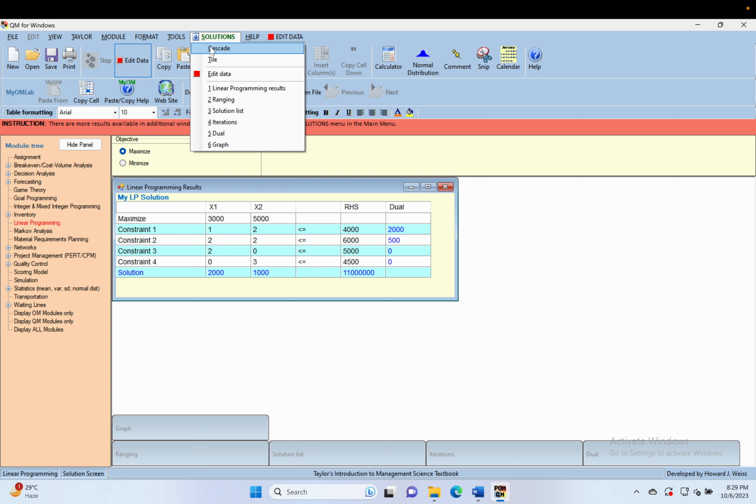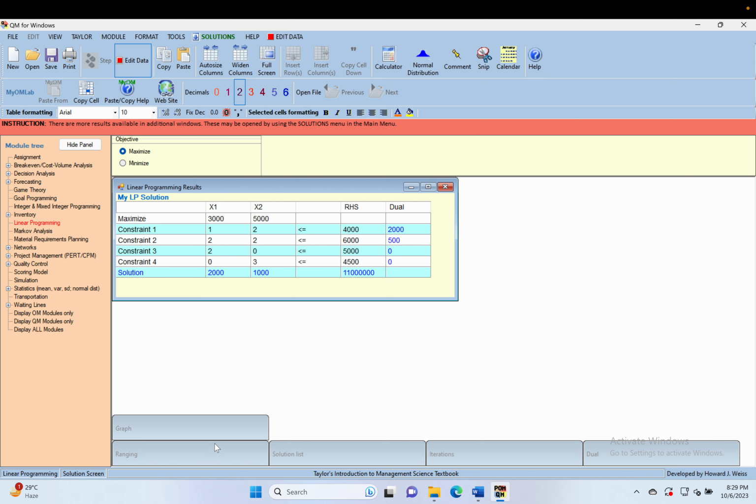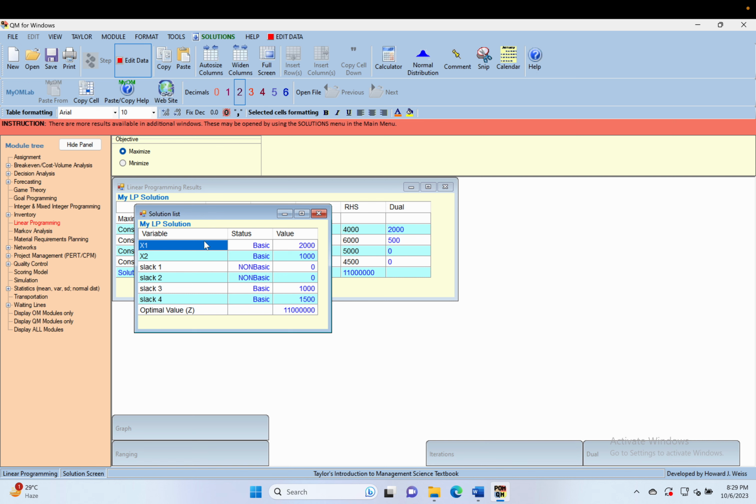And here it will give you some options like what are the linear programming results, what is the ranging solution, iterations, step by step iterations for solving the problem. If you want to see the dual problem expression, that also you can see, and if you want to see the graphical solution, that also you can see. Right now if you just click on solution list here,